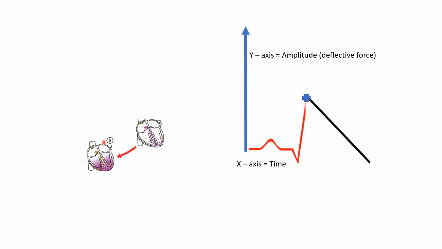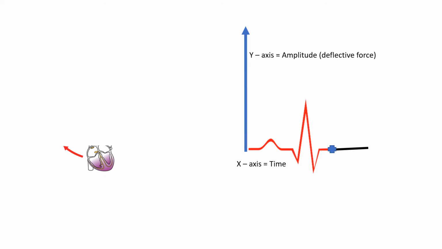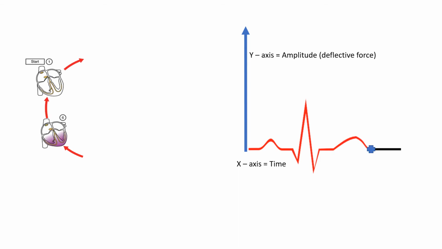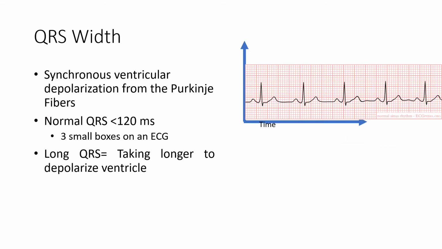The simultaneous depolarization gives me a fast upstroke, and since they are both depolarized at the same time, it quickly falls back down to the isoelectric point. Then I get repolarization, and that leads to my T wave. So the synchronous ventricular depolarization from the Purkinje fibers allows fast, rapid ventricular depolarization, leading to a normal QRS of